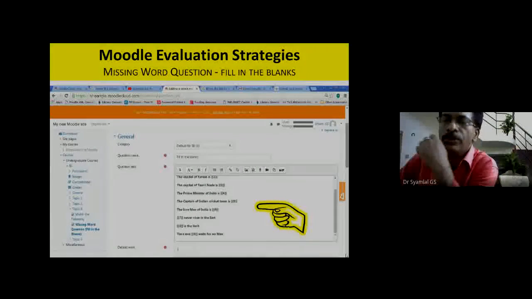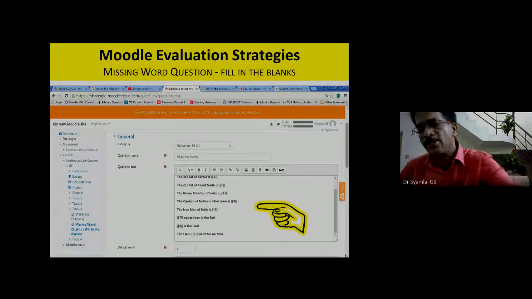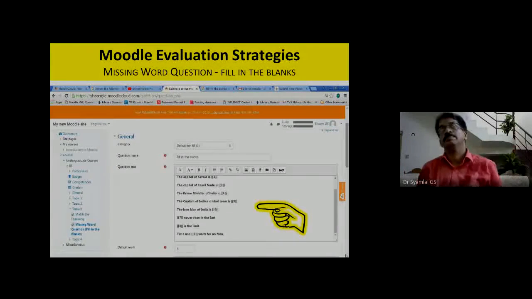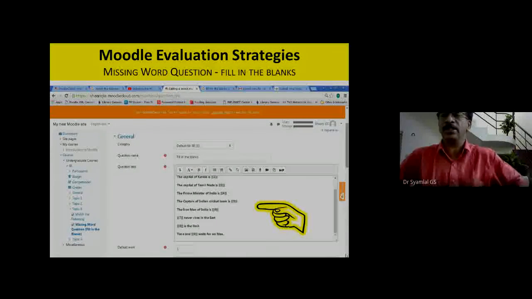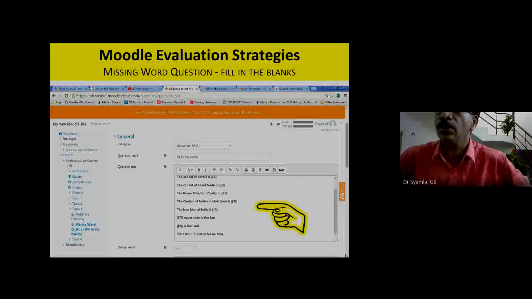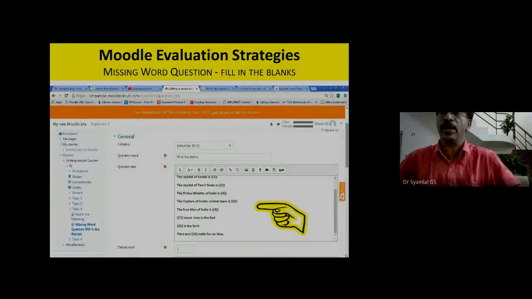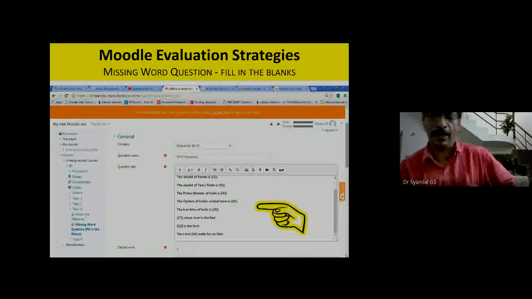And you will be getting questions like this only. The capital of Kerala is 1, the number which you had given. The capital of India is 1. The capital of Tamil Nadu is 3, etc.